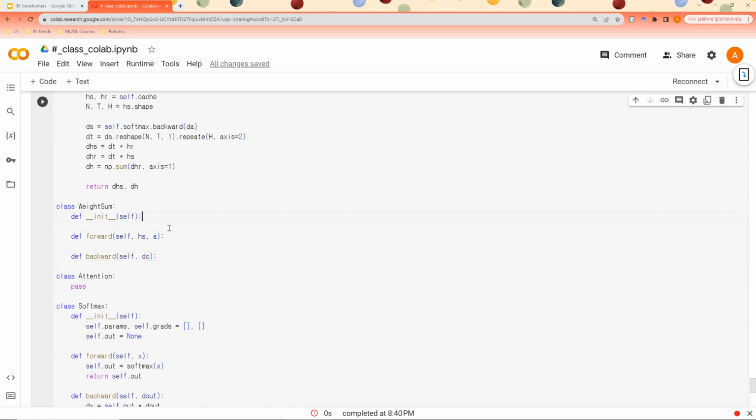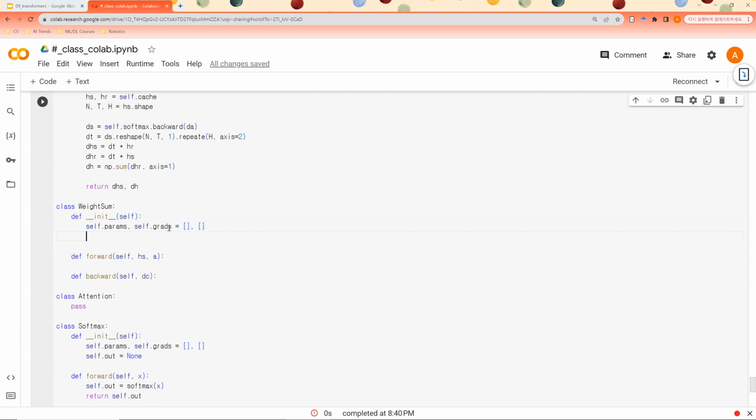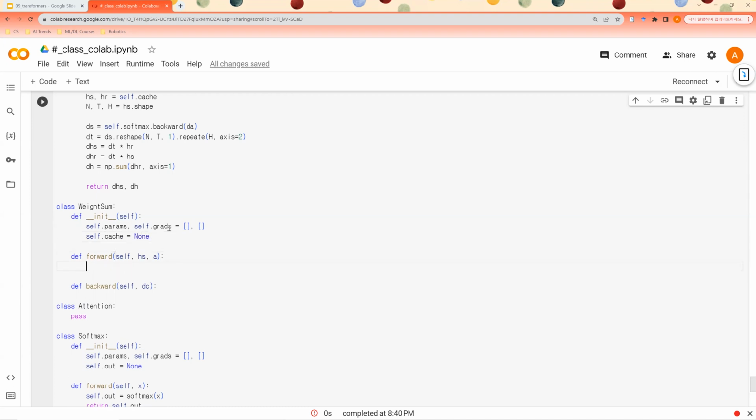The initializer first, because this weight sum doesn't contain any learnable parameters. We're going to define self.params and self.grads as two empty lists like this. And we need a cache. And for forward,